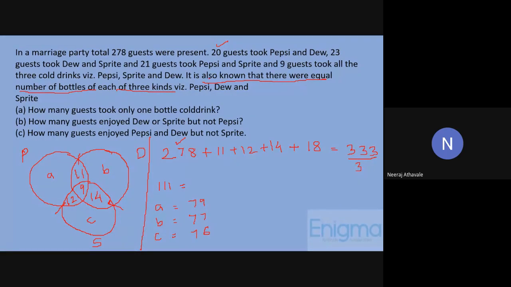How did we get 18? Okay. I'll just tell you how we got 18. Now 18 is because of the central people, 9. Okay. So 9 people are going to drink 3 bottles. That means 9 threes are 27. Out of that, 9 are already counted in this 278. So 278 minus 9, we get 27 minus 9, we get 18. Okay, so in this way we got ABC.